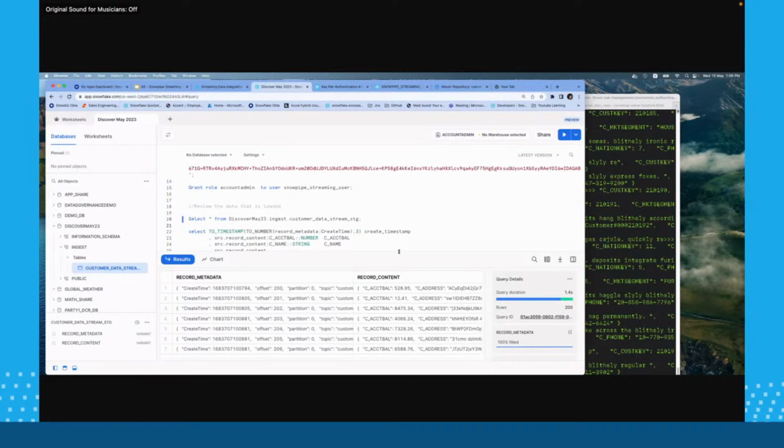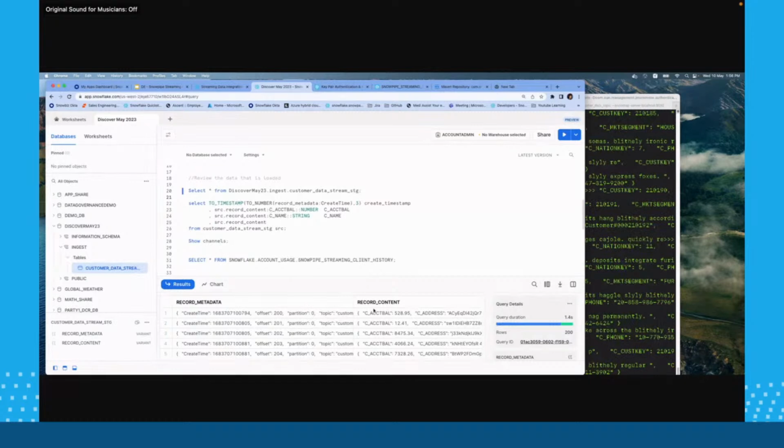Now there's something very interesting, because you see record metadata and record content. The record metadata talks about the creation time, the offset, the partition, and so on. And record content is actually the data that you have just ingested.